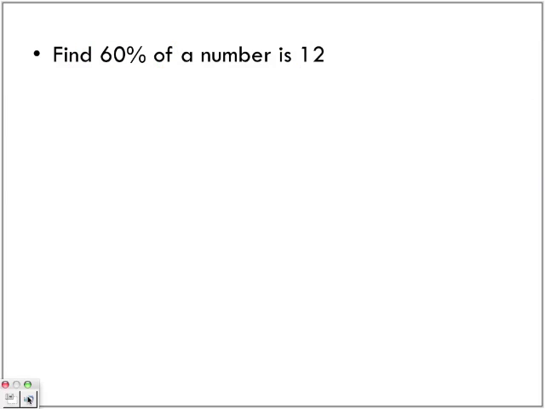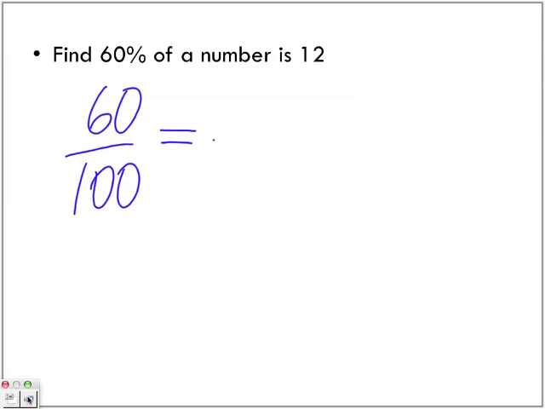Okay. Find 60% of a number is 12. So try that one out. On the left side, our percentage, 60%, we want to write it as a fraction, and it becomes 60 over 100. Now on the right side, 12, is it going to be in the numerator or denominator? Numerator, because it's going to be 12 out of something. That's what we're trying to find, our x. So we cross them,